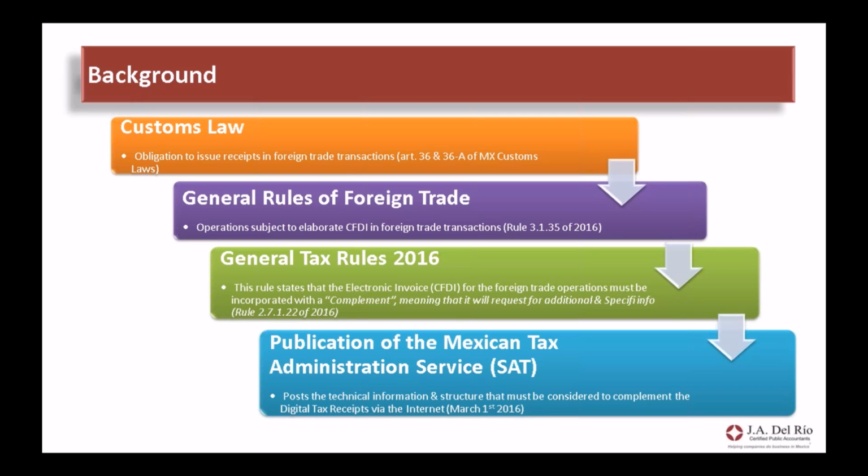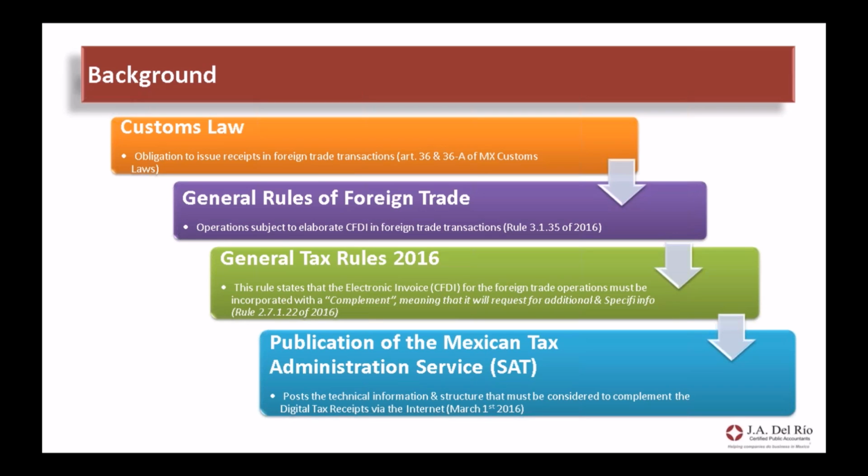Finally, as this new rule was published, there was another rule published, that is Rule 2.71.22 of the General Tax Rule of 2016. Basically, in this rule is established the provision to submit this new electronic invoice for foreign trade operations. So after this publication, the income tax authorities, through their website,